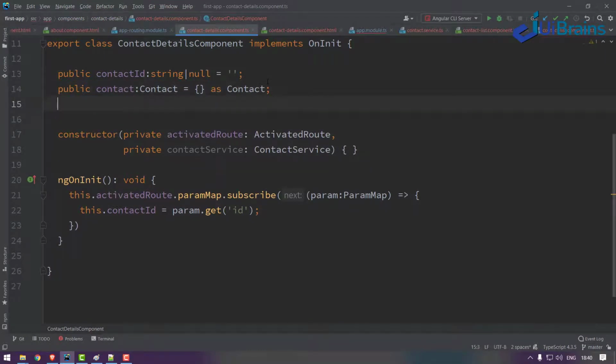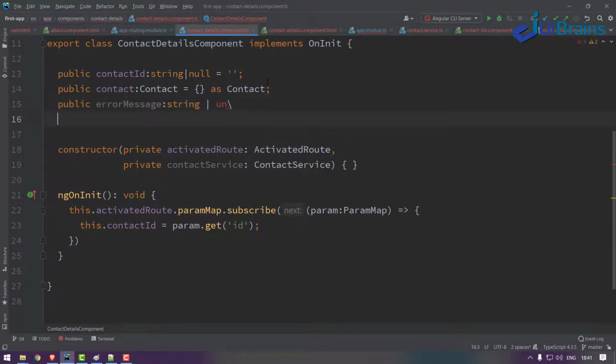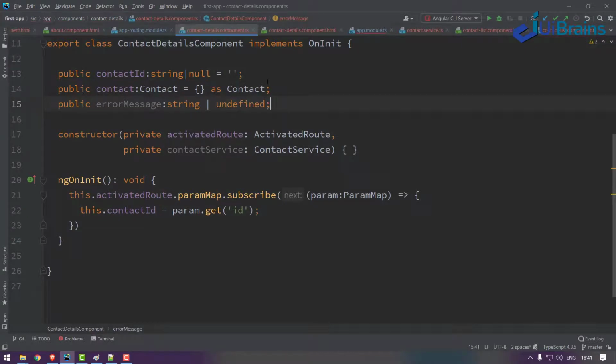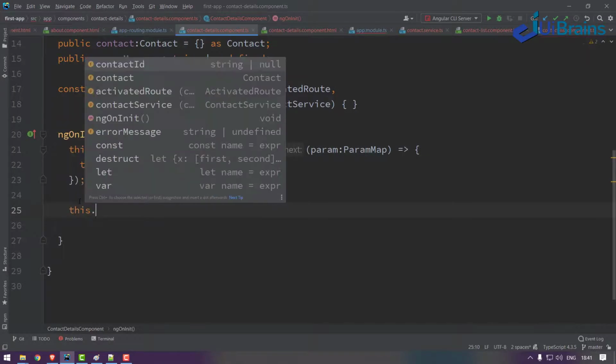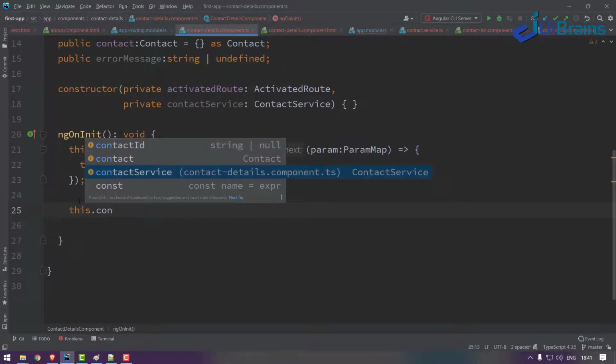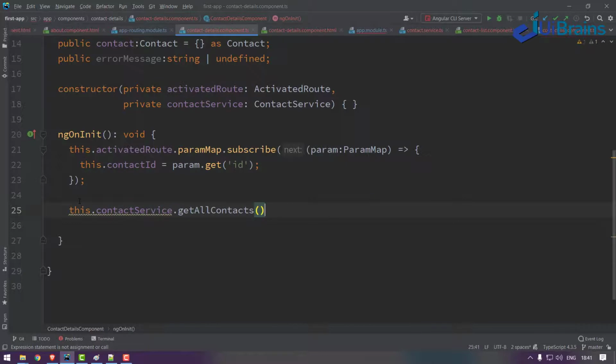Okay, and if you want to have an error message, okay. So now I have to get a particular contact, but I have only one function that is fetching all the contacts. So what I do is this.contactService.getAllContacts.subscribe.